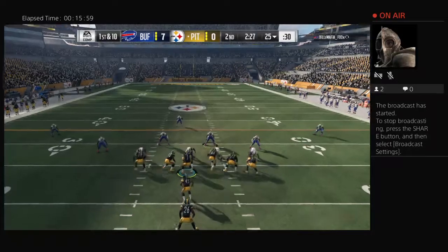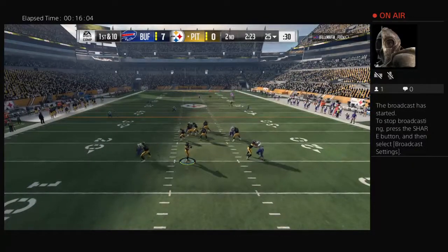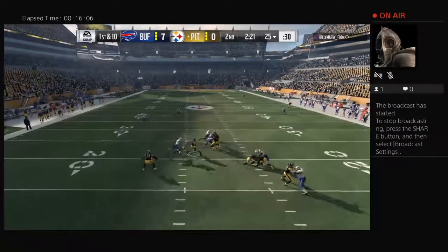Does it often affect the play calling with the interception? How much does that change what you do? I think it does, depending on why the interception was thrown. Sometimes it's just a matter of...